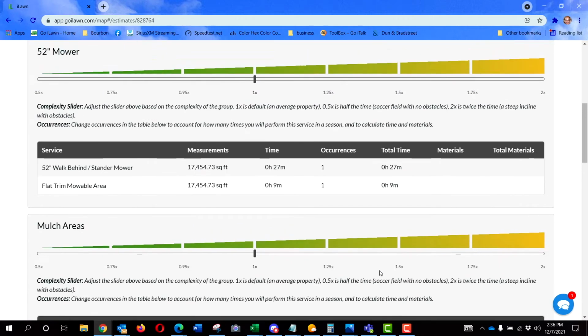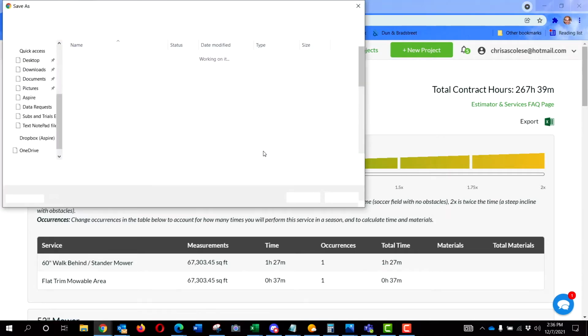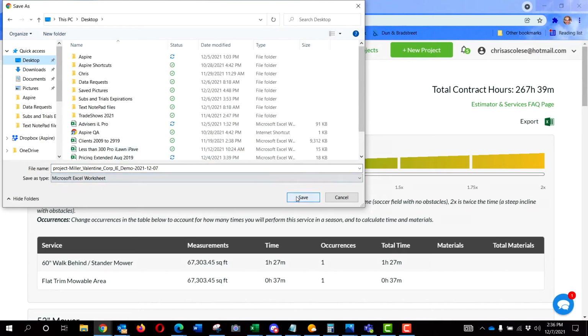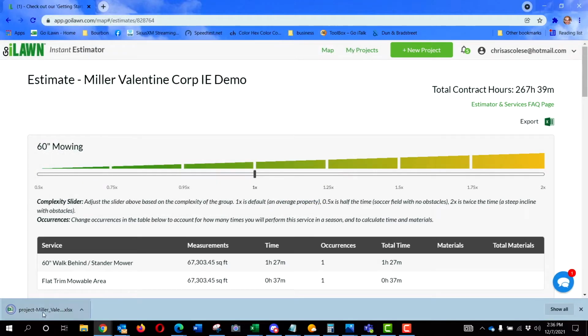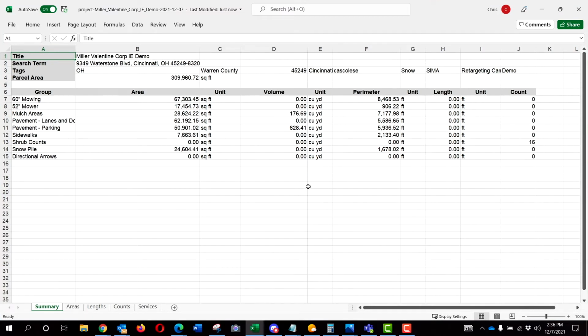All this can be dumped into a spreadsheet, and it will lay out. Let's see if I can dump it in here. Around the shop, we call this the Aspire integration. So they generate all this information, and then they go to Aspire and key it in, and we're working on that fix. But we have several tabs down here at the bottom of the spreadsheet, and this is a summary